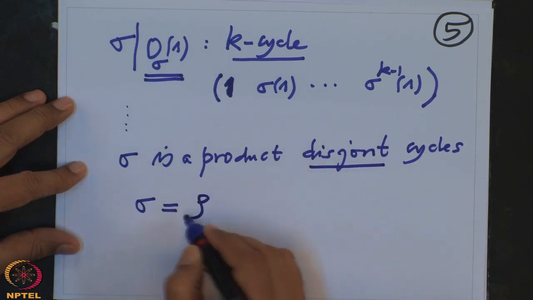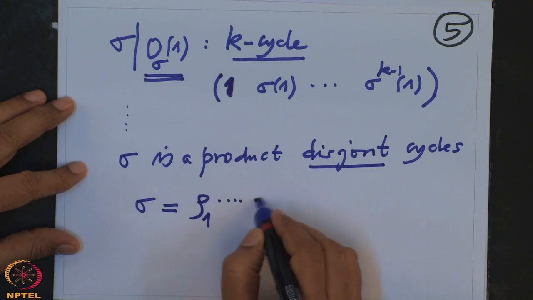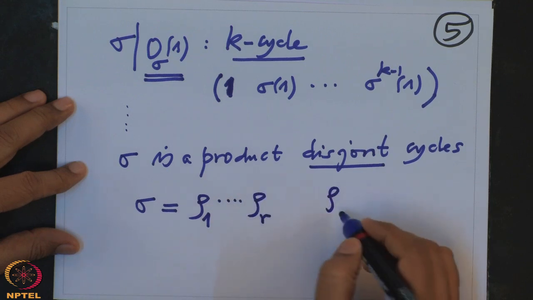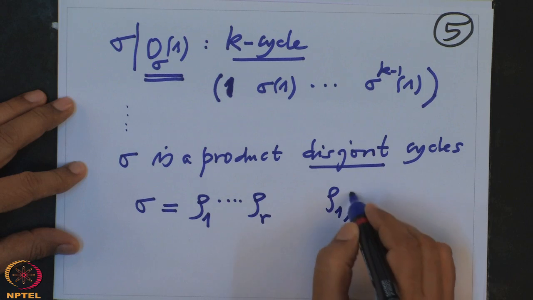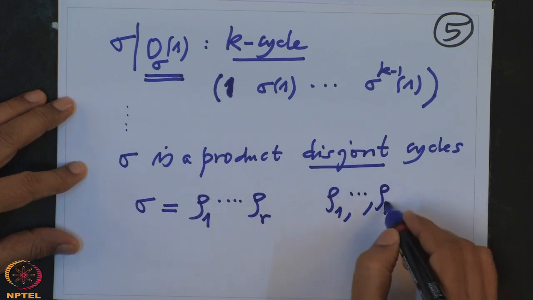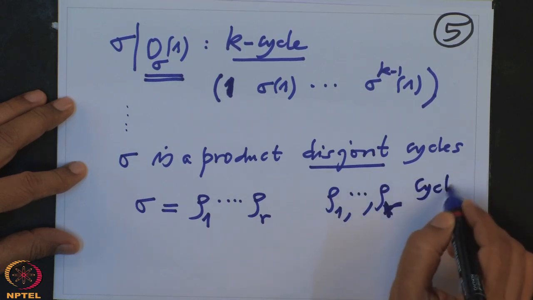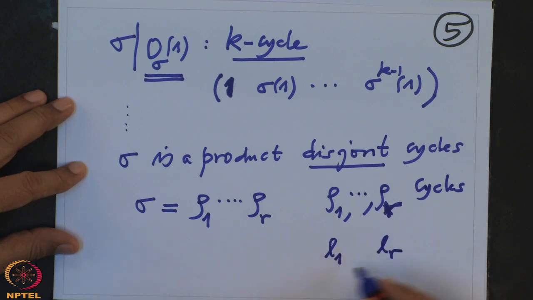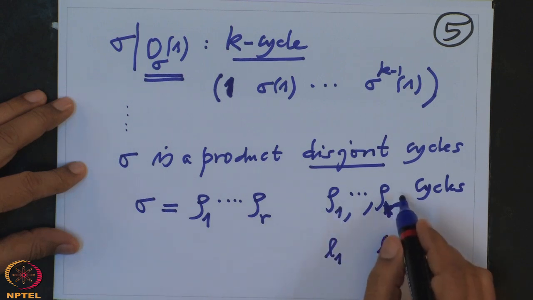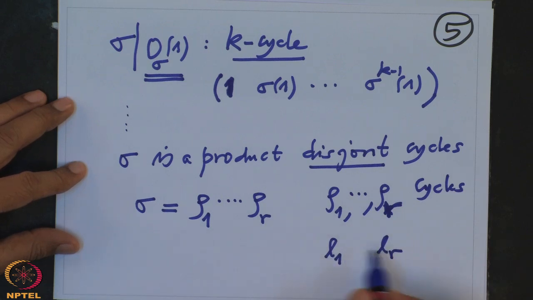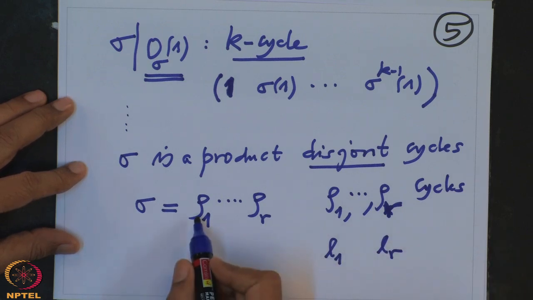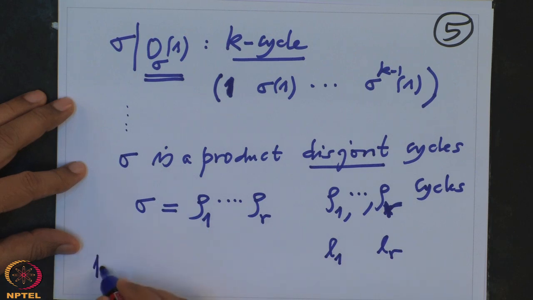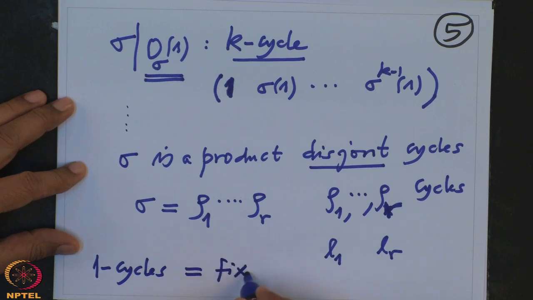This I have written as some rho 1 etc., rho r, where rho 1 to rho r are cycles, and these may have lengths L1 to Lr. That means this is an L1 cycle, this is an Lr cycle, and some of them could be 1 cycles. 1 cycles correspond to the fixed points of